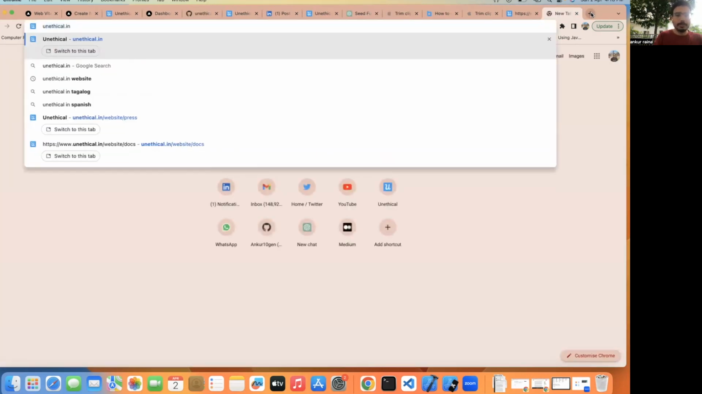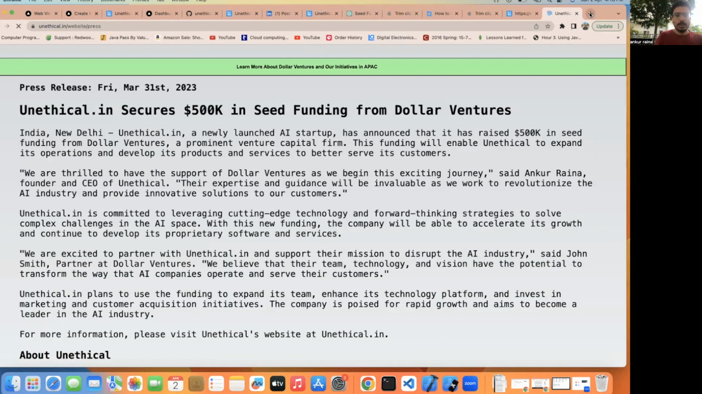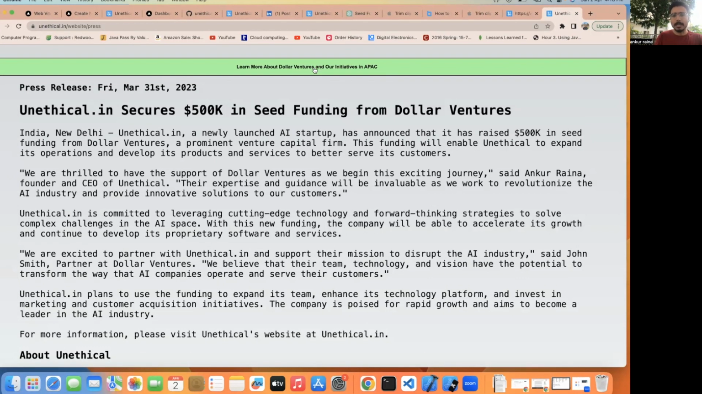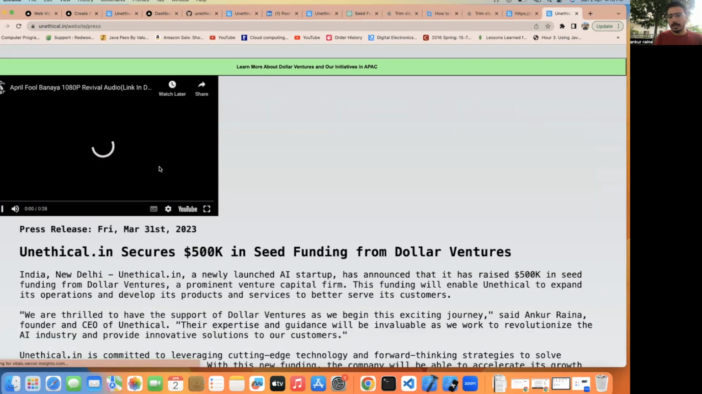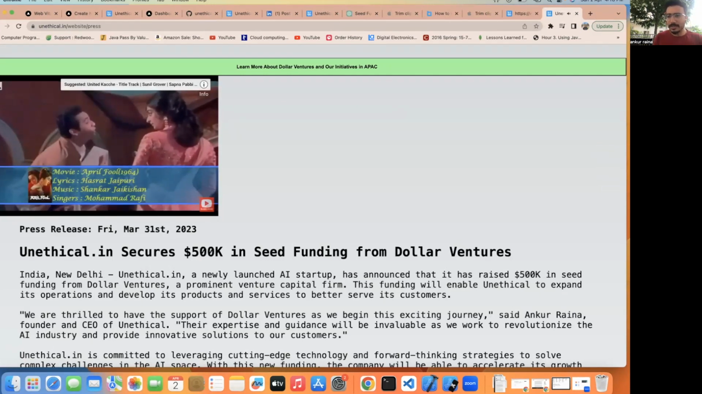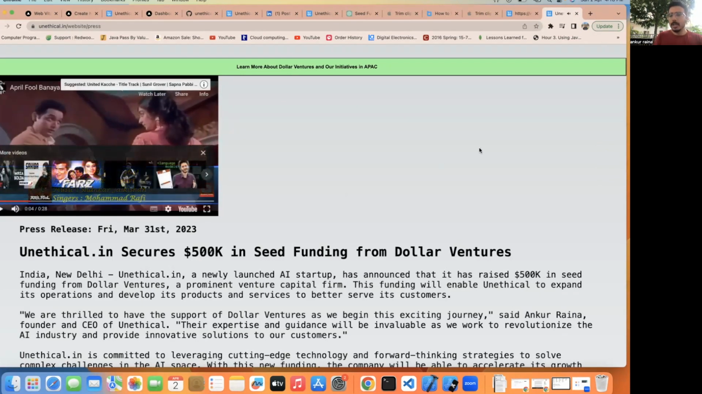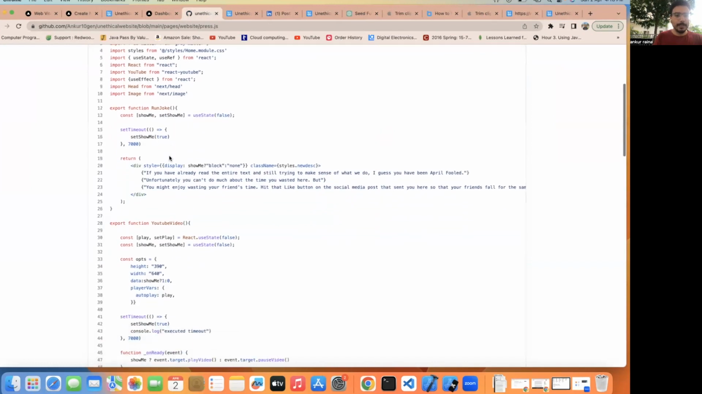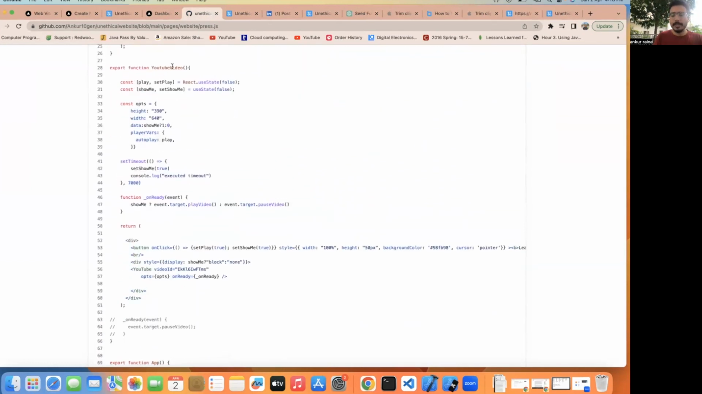So if you go to unethical.in/website/press, you will see that if you stay on this page for more than 7 seconds, or you click on this button, a video will start and it will run the song, which is the April Fool song, right? So for this to happen, what we did here was we used this YouTube video component,